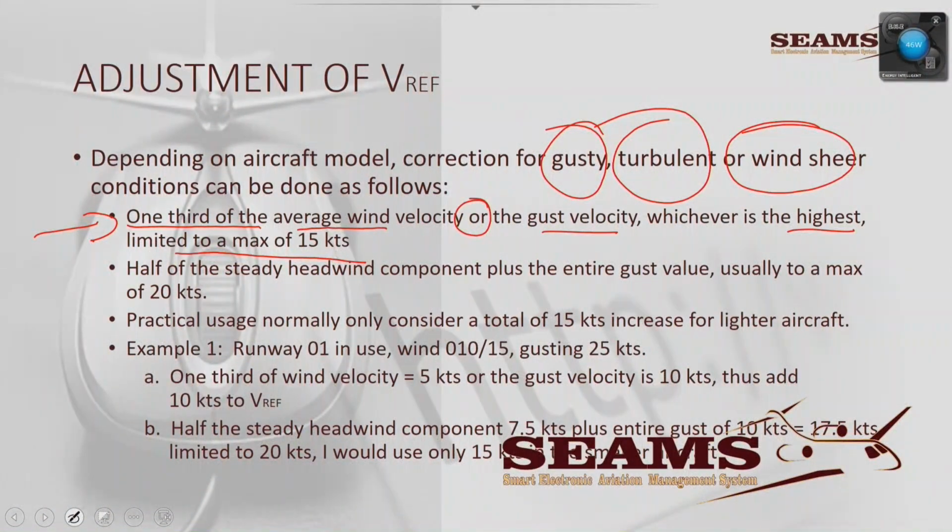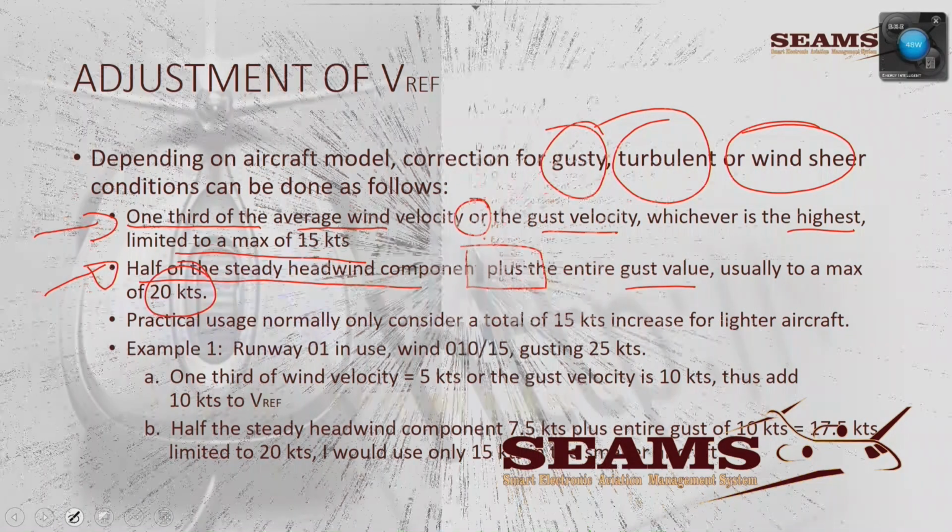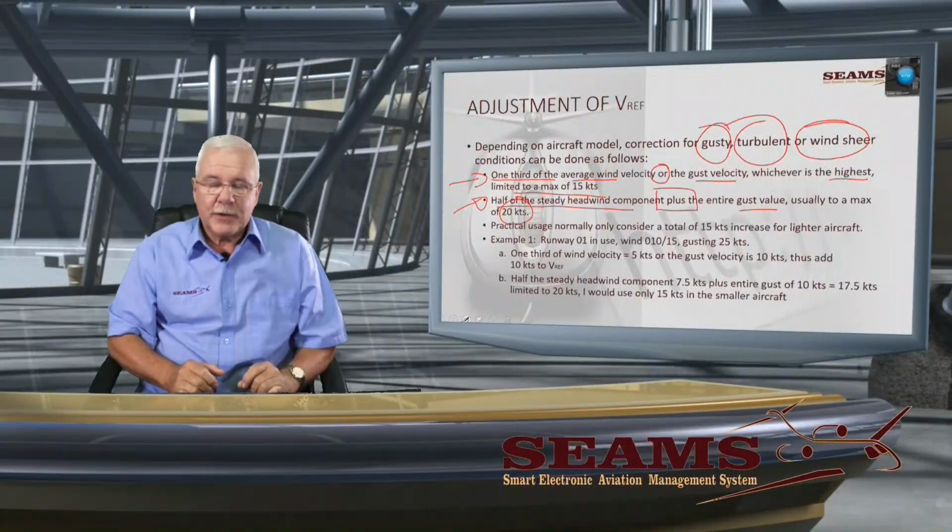All right. The other way is to take half the steady wind component plus, and that's now where the difference is. It was not or, it's plus, the entire gust. And then they talk about normally a maximum of 20 knots. 20 knots, my opinion is that if the wind is so strong and so bad, yeah, you can put 20 knots in. I'm not sure if that will still be within the conditions of the aircraft. However,